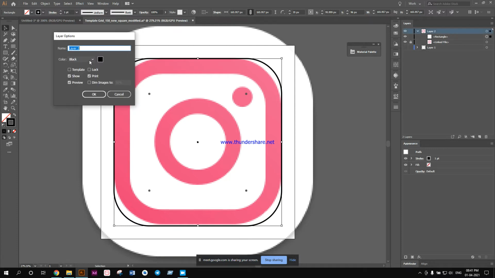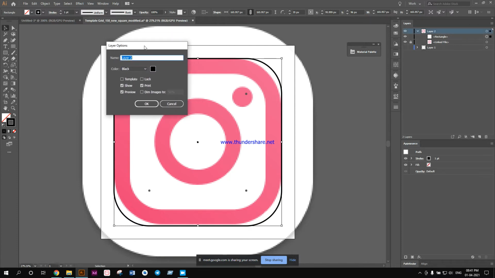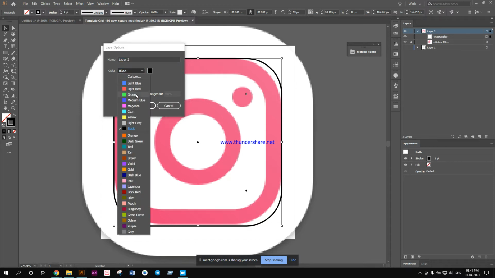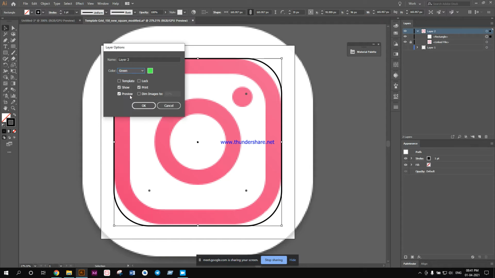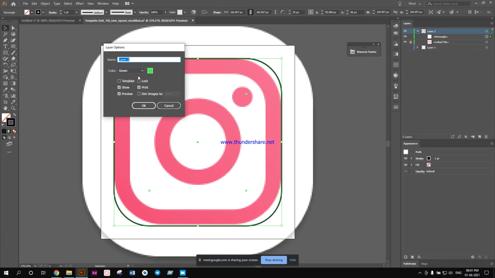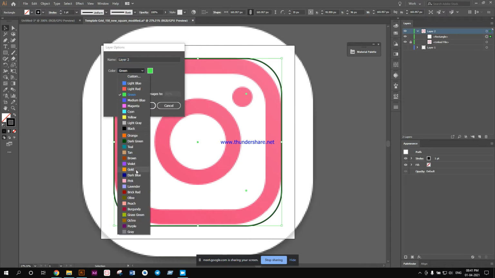I'm first going to change the bounding box color. As I told you earlier, double click on the layer icon, then change the color according to your need. Since the icon is in kind of a pink shade, I'm not going for a pink shade, I'm going for a green shade. The green shade is way too green.